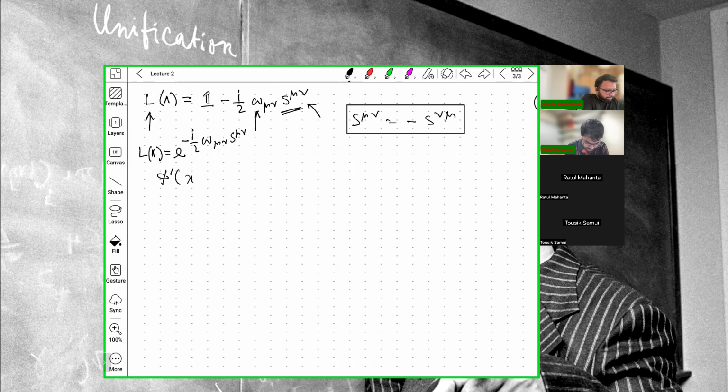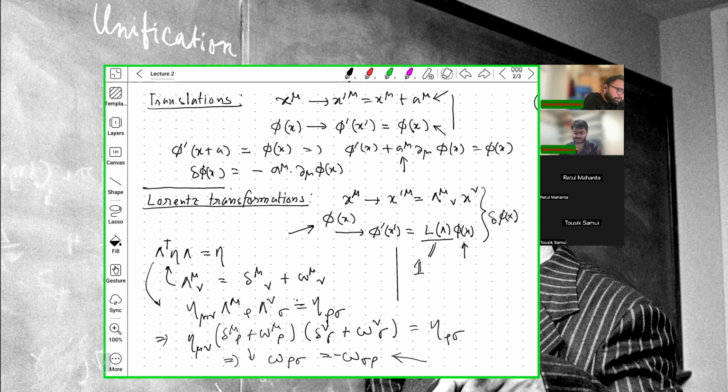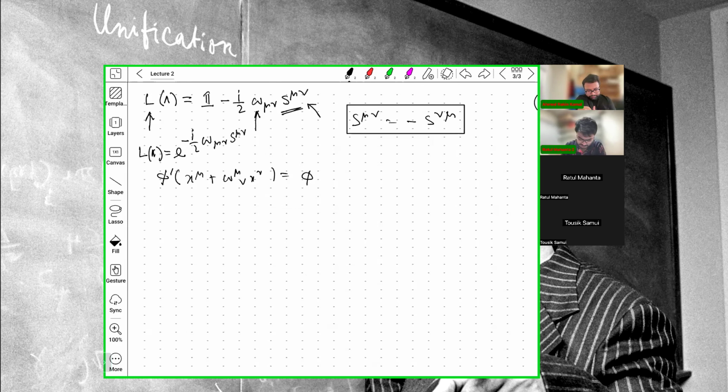So this is x mu plus, and on the other side, it is L of lambda acting on phi. Because it is identity minus something, you can write this as x minus the S mu nu acting on phi x. Since this is multi-component, S has to be a matrix that can act on it, and immediately you can compute by taking a Taylor expansion on the left hand side. I am not going through the process, but in the lecture notes these details are there. So this will be